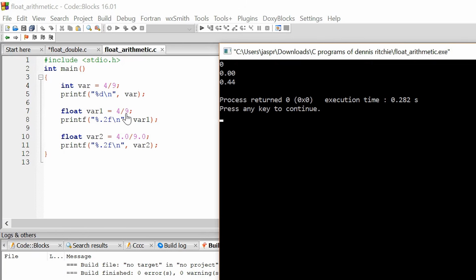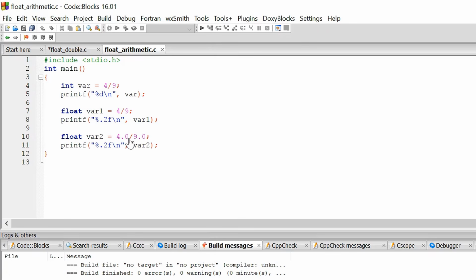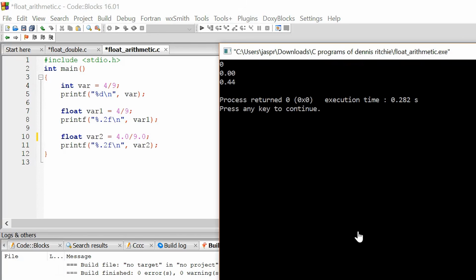Now the only change that we need to make in order to get the correct answer is changing these integer values to fractional values. That is, by making them 4.0 and 9.0. Placing .0 after 4 and 9 makes these integer values double values. By default, they are double constants. And if you want to make them float, then you just have to place f as the suffix. If you try to print this value, then it will give your desired result, which is 0.44.